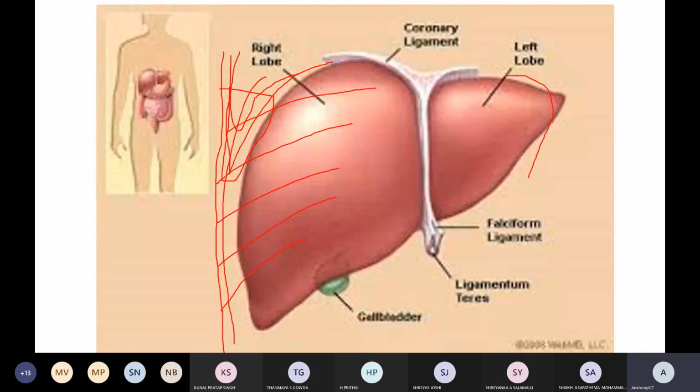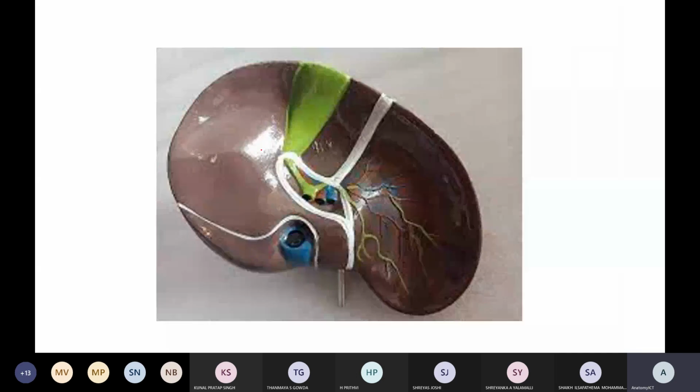Now there is some important thing. There is a bare area of the liver, which is represented especially towards the inferior area. There is a bare area. Now what is the area, what does it represent? The bare area means the part of the liver where the peritoneum which covers the liver and forms the different ligaments does not enclose some part of the potential space of this particular liver. That is the reason this particular area is called the bare area.